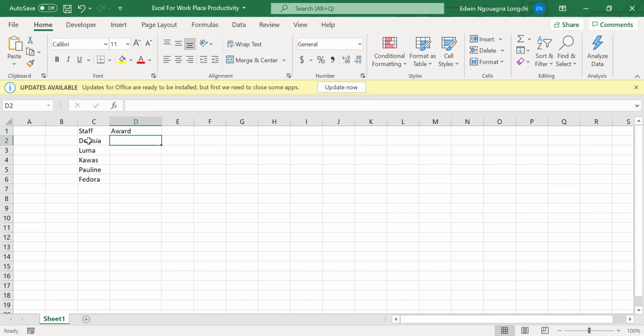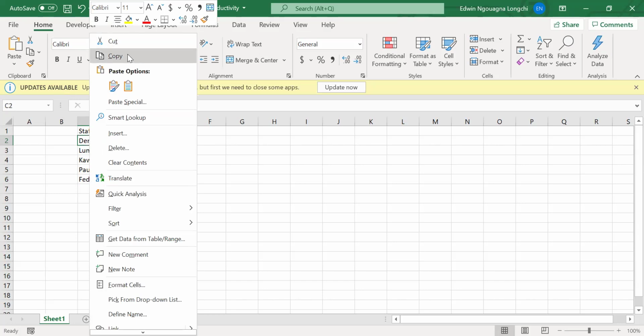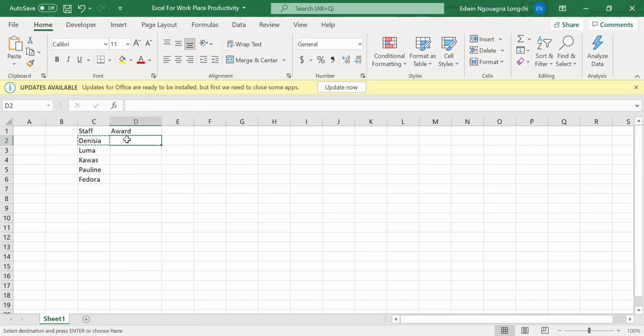And there are many paste options as well. When you're working with formulas, you will see paste as numbers, paste as formulas, and all that. So if I right click on the initial and I copy, and I come here, I paste. When I click this paste, automatically the initial is pasted here. This is very basic for those who have zero experience in Excel. For those who have much experience, you already know this, right?